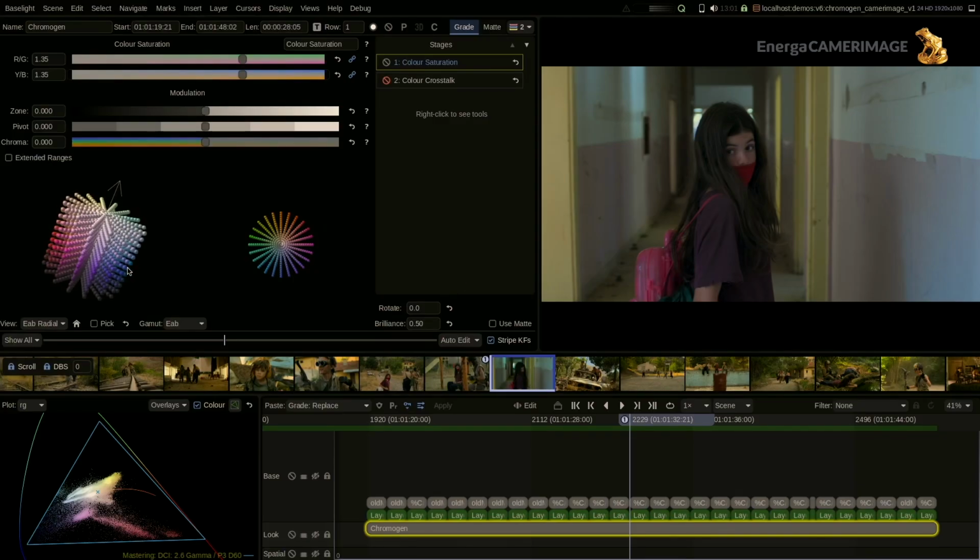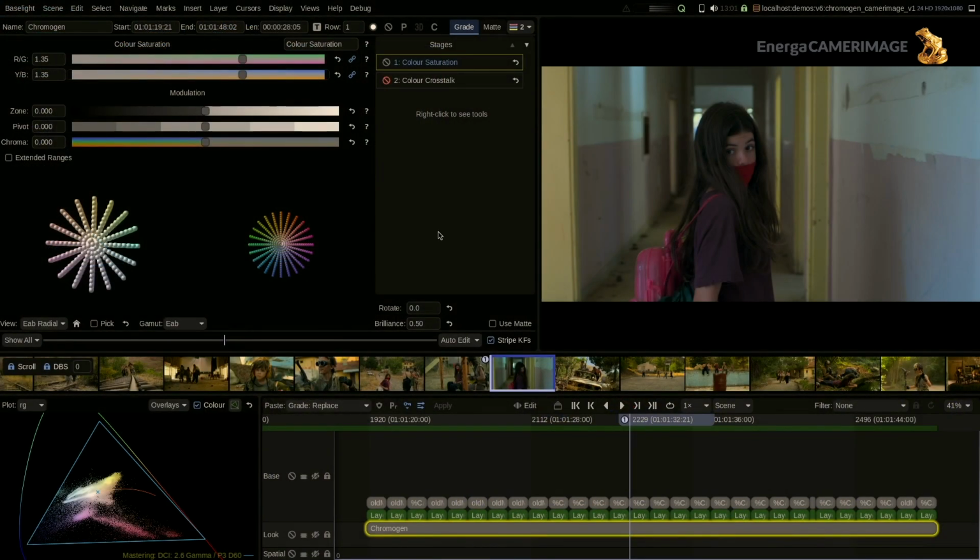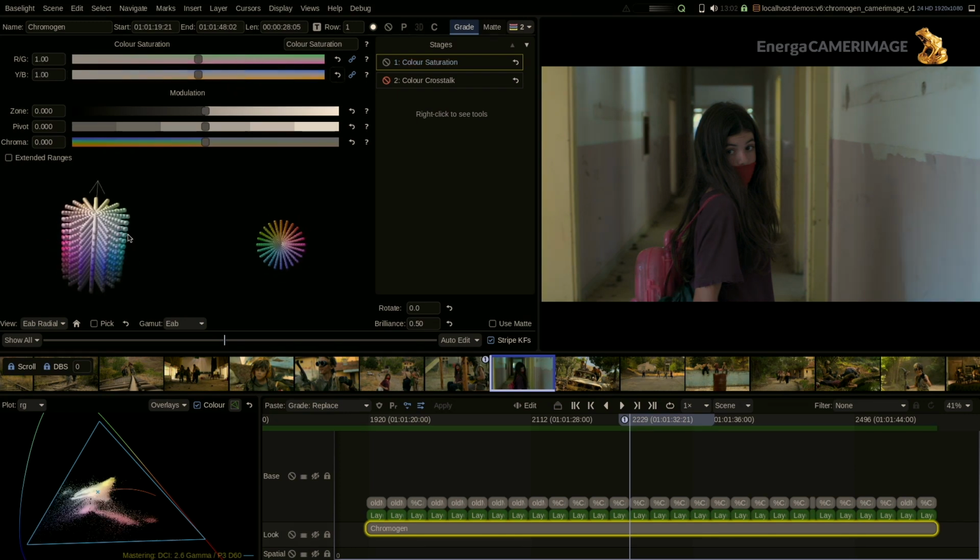I guess Daniele once called it complexity through numerosity. So we're adding a lot of simple things, and out of that emerges something very complex. But that's also good for us working with it. We don't want overly complex tools. We want to have simple things to work with. Okay. So, so far the color saturation tool does not seem, I would say, groundbreakingly revolutionary, but let's have a look at it in another color space,